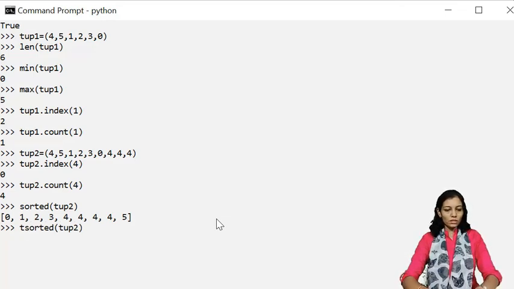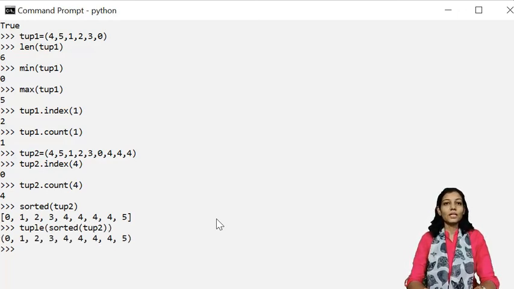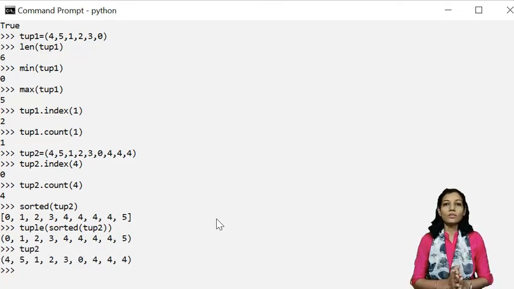Here I'll use tuple, and then use this function. So now it will return me a tuple. Now do you think the original tuple has changed? Let us verify tup2. No, it has not altered the original, because the sorted function returns a new sorted sequence.